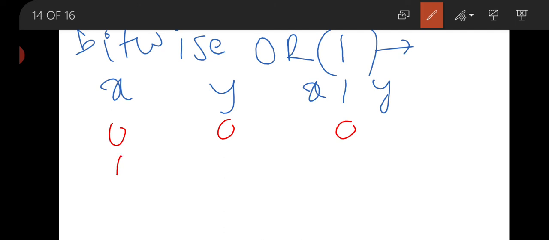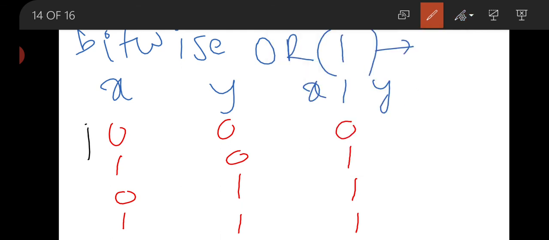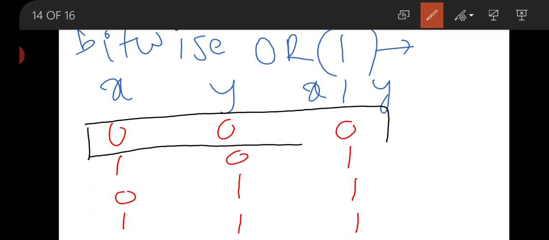If x is 1, y is 0, then it will return 1. If x is 0, y is 1, then it will return 1. If both bits are 1, then it will return 1. That means the OR operator returns false only when both the bits are false. Otherwise, it returns true, because 0 represents false and 1 represents true. This is your bitwise OR operator.